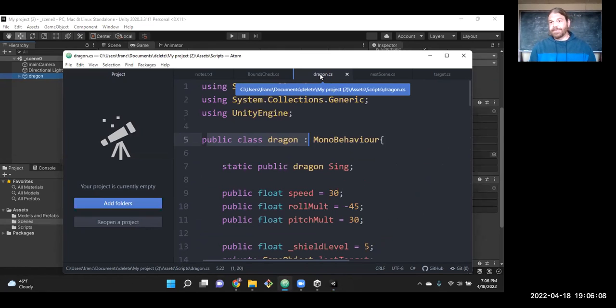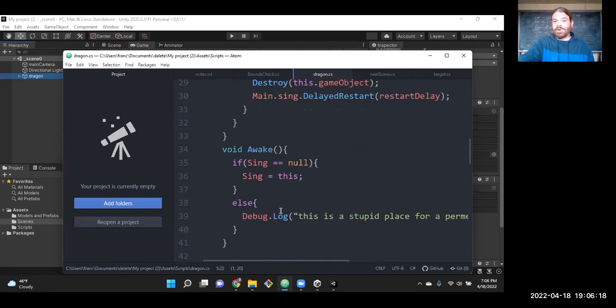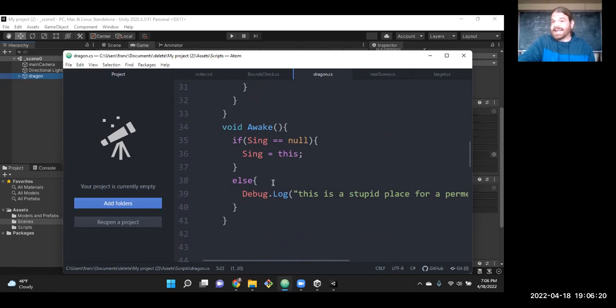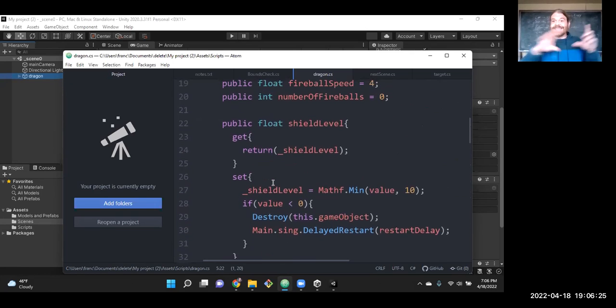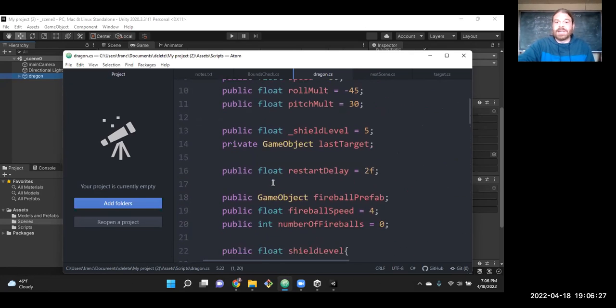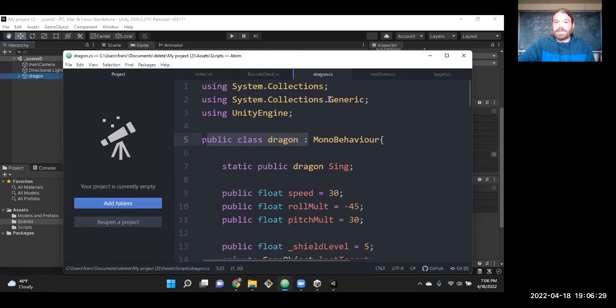We can kind of get around that as long as the first class we put in here matches the name of the file. We could put some other ones afterwards, or nested classes obviously have to go here. A nested class inside of this obviously has to go in this file. But we're kind of restricted to one file per